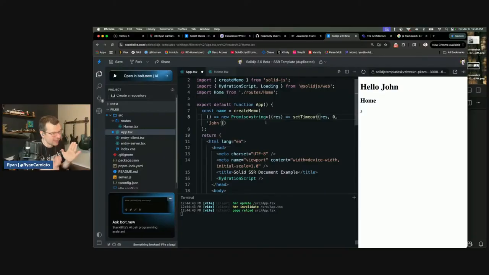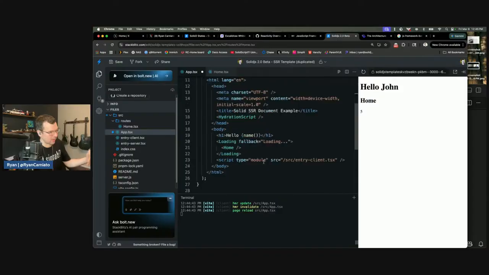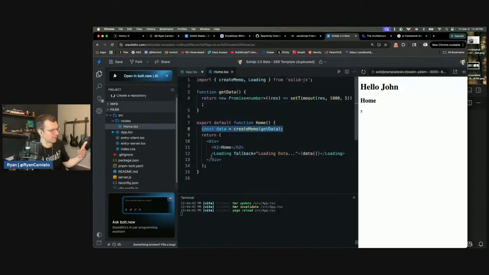But it's essentially like having a KV cache on the data side, rendering up to the first suspense boundary that matters. So this one, let's say, and then the rest comes after that. But if you look at this, this took a second because it went to a server somewhere. So it's not that different than if I just put the thing on the edge and then had an API server. Now you're like, what about all the waterfalls? Well, yeah, waterfalls are real, but the cool thing about the isomorphic model here is